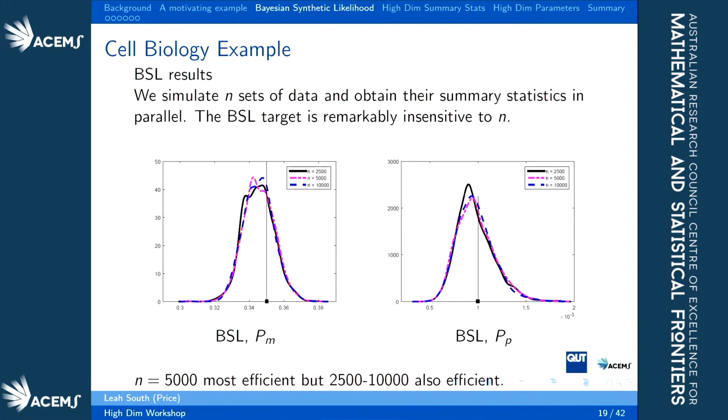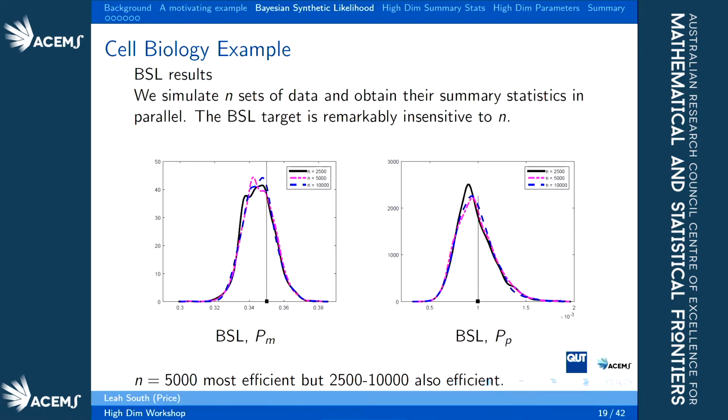So here's some results for BSL, the marginal distributions. In black is n equals 2,500, in pink is n equals 5,000, and in blue is n equals 10,000. You can see here that the distributions are remarkably insensitive to the value of n that you've selected. And in this case, n equals 5,000 was most efficient, but there was a range of 2,500 to 10,000 that